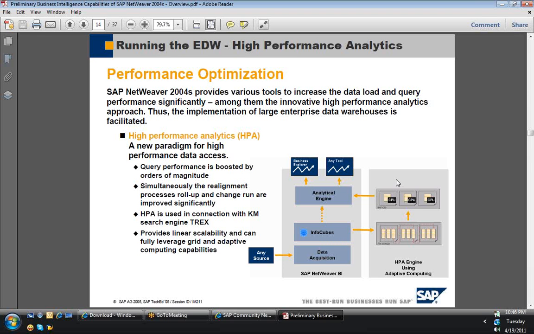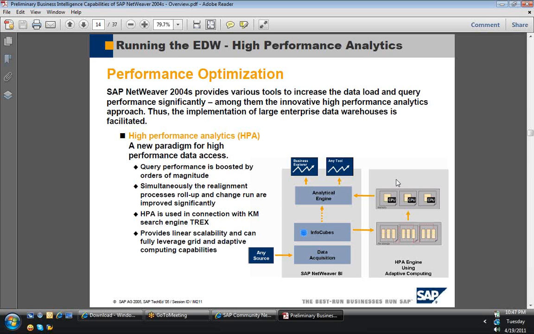So SAP BW has a lot of features and options to tune the data availability and the data indexing in the tables, in order to have a high performance analytical approach in the reports. There are different transactions available, and different techniques where you have to create aggregates. You can do table partitions. You can create indexes. You can create statistical data. Those different techniques are available to tune the performance of the data which is stored